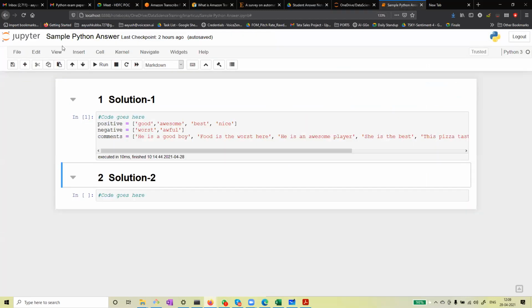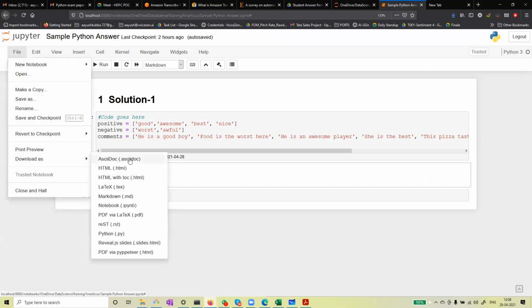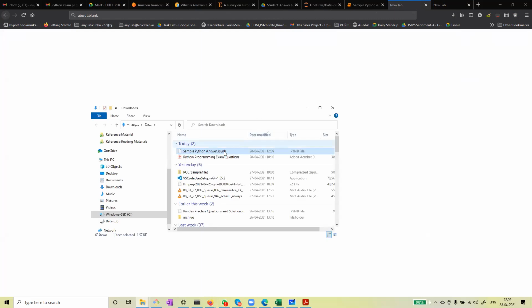How are you downloading? After saving, I'm going to File, Download as, and then clicking on Notebook .ipynb. You click and you get the save file dialog. I'm not getting this dialog box; it's automatically getting saved to my downloads folder. Yes, that's fine, that's a different browser.